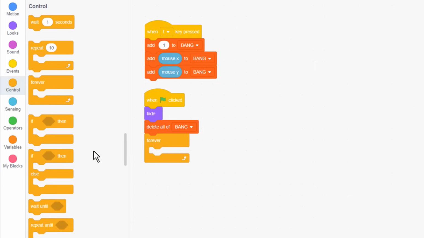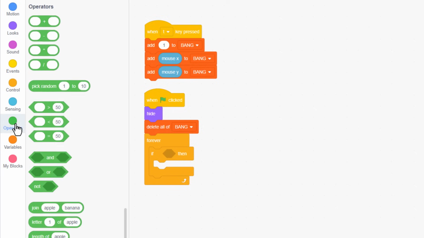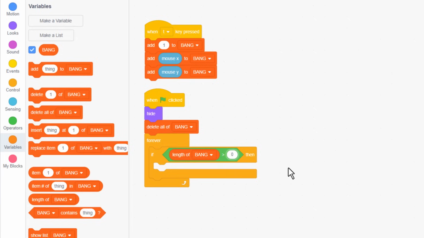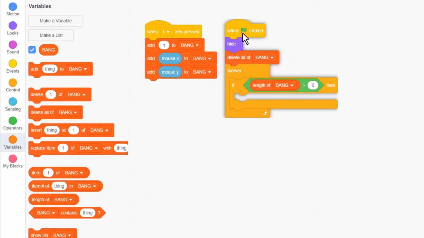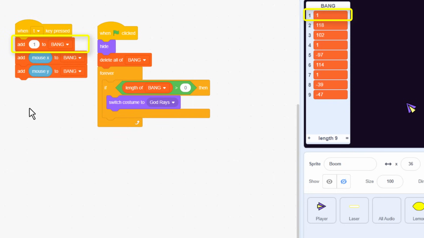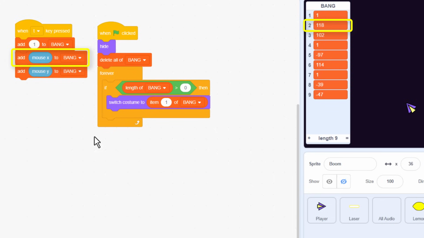Add a forever loop. We're going to be looping around waiting for something to be added to the bang list. So if the length of bang is greater than 0, we will do something. Right, we need to consider the first 3 items of the bang list. The first item is the costume, so switch the costume to item 1 of bang. Next up, the X and the Y positions, so set X to item 2 of bang,